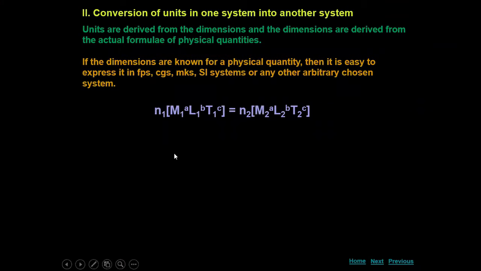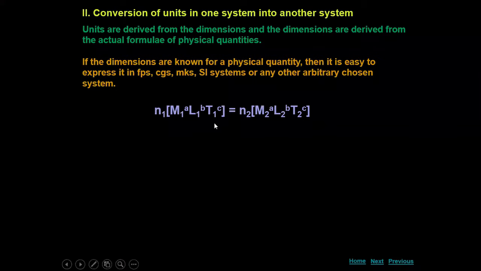Now this is a general way how we will convert one system of units into another system of units. So we are writing some number, as we spoke in the last class. Constants don't matter when we are dealing with dimensional analysis, but here, as we are converting units, we have to choose some arbitrary constant. Here I have chosen one, here I have chosen one. So n1 and n2 may be 1, so it may be nullified when we choose it as 1. Okay, so I have chosen some arbitrary constants n1 and n2.